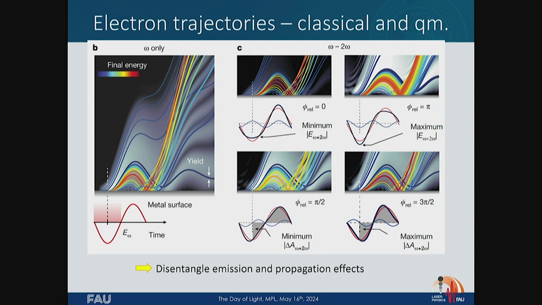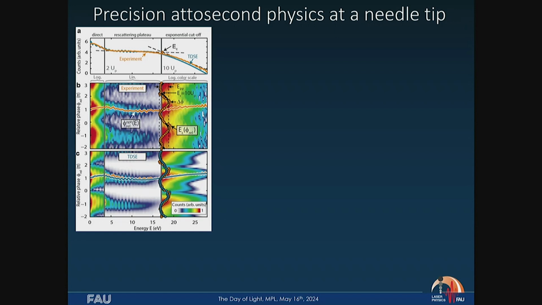We can vary the yield. The background here, the color shows you the yield, so white means many electrons. We can have, for example, very many electrons when the phases of these two colors add up correctly, but we can also have very few electrons. But then we see that when you look at the color, red here can be very dark red. We can also generate very high energy electrons, or here we hardly generate any high energy electrons. And this modulation that we can steer by varying the phase of these two colors really allowed us to look deeply into what happens to these electrons. And I don't have time to show you in detail. Please feel free to ask questions, of course.